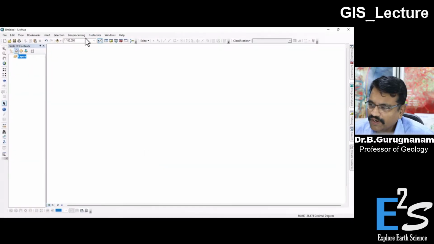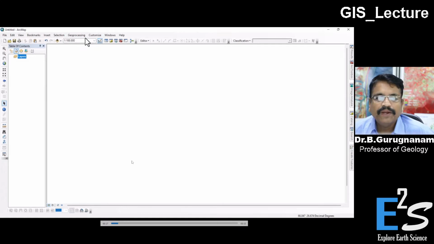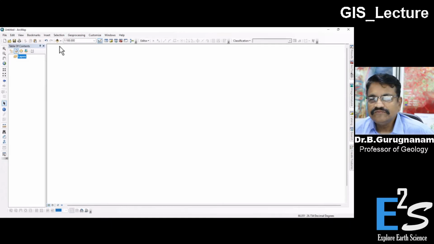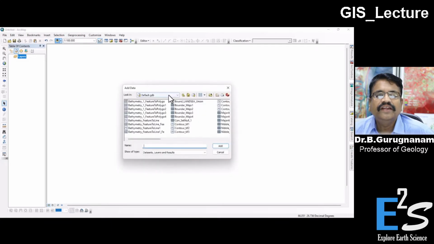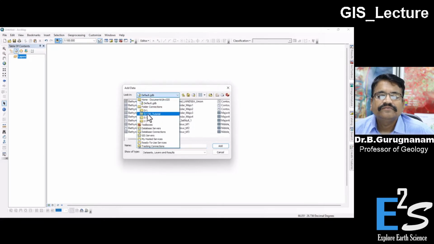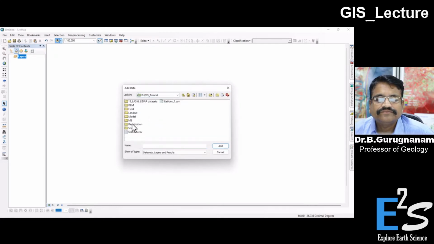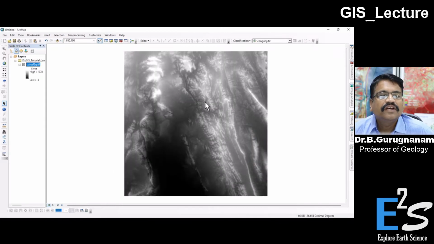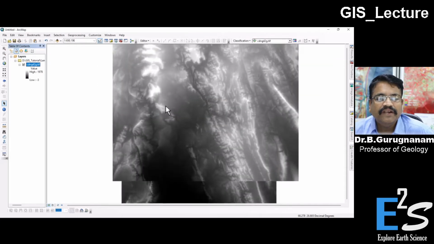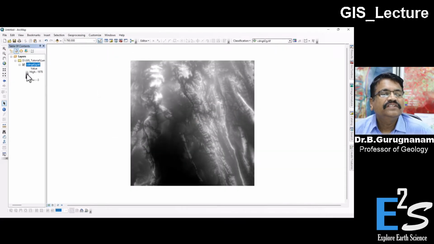Once you open ArcGIS, as you know, the map window will come. Now you have to add the data. So we have downloaded digital elevation model data. This is DEM data, in the form of TIFF. You see the height values of